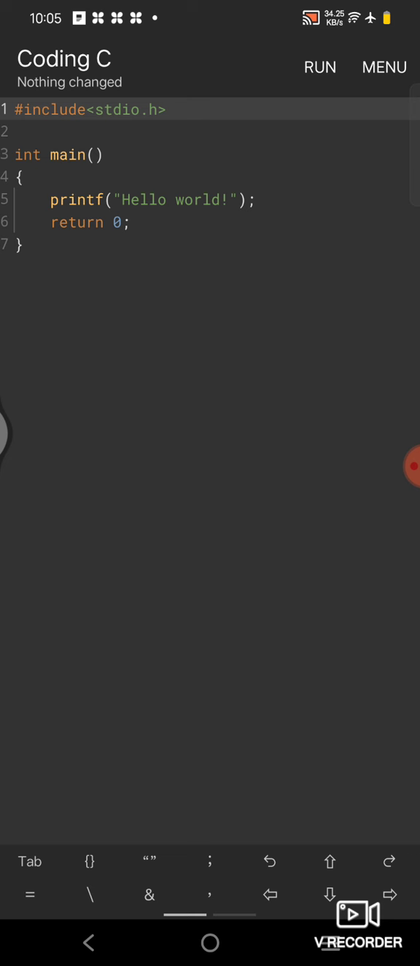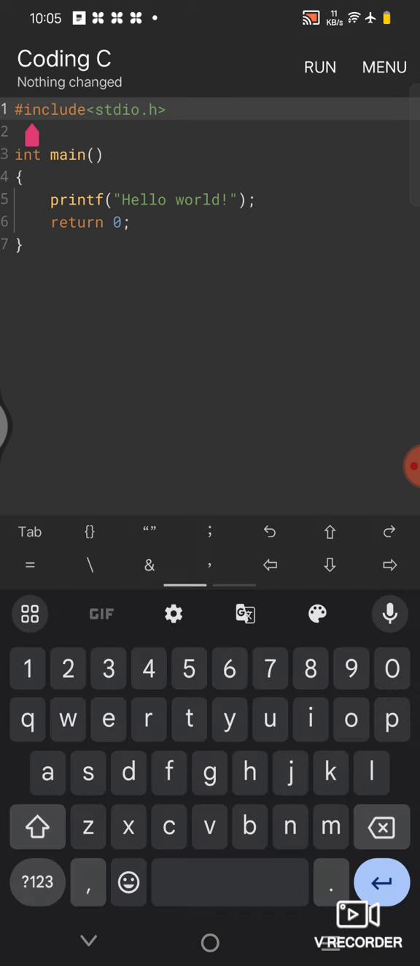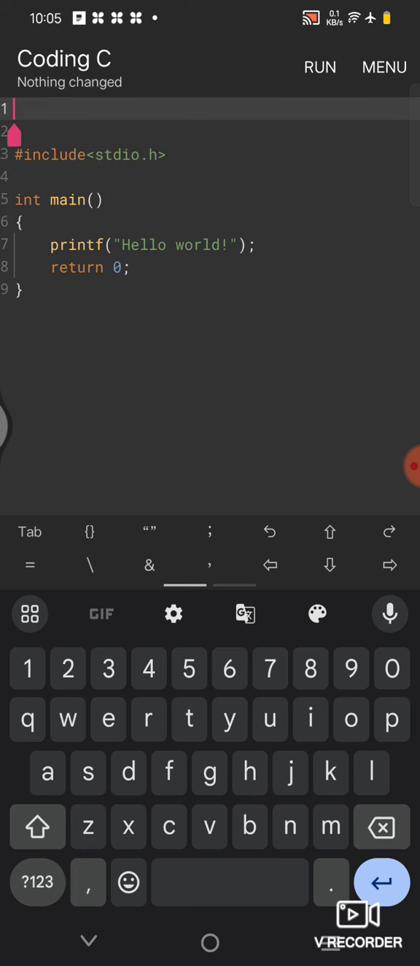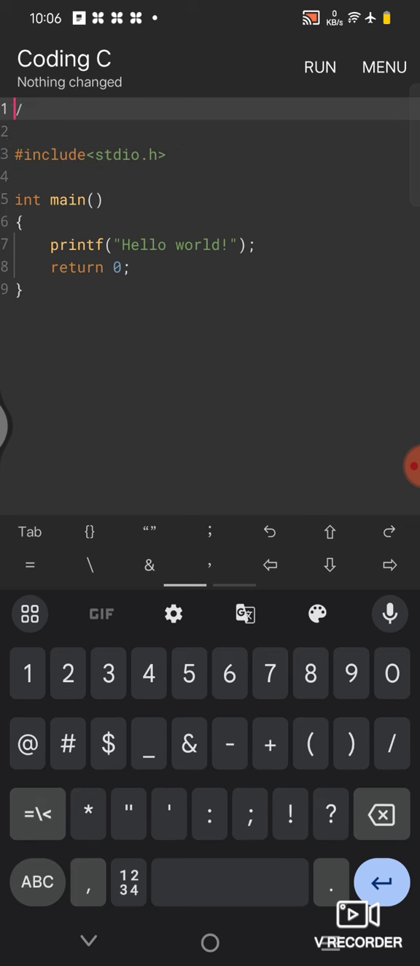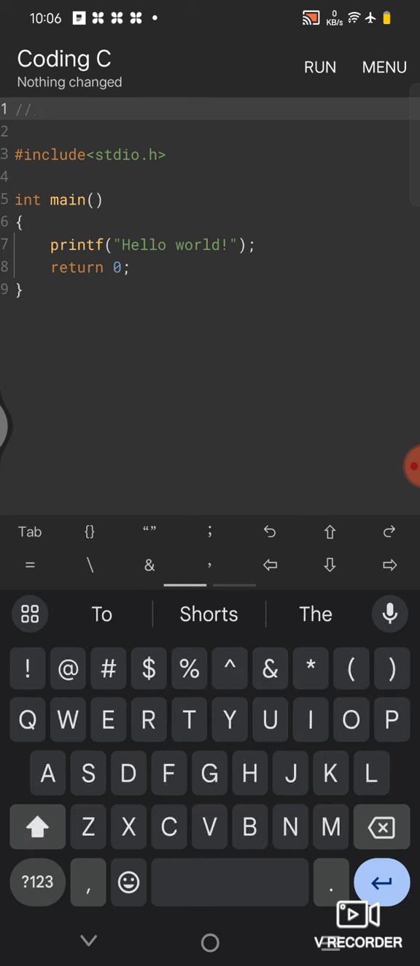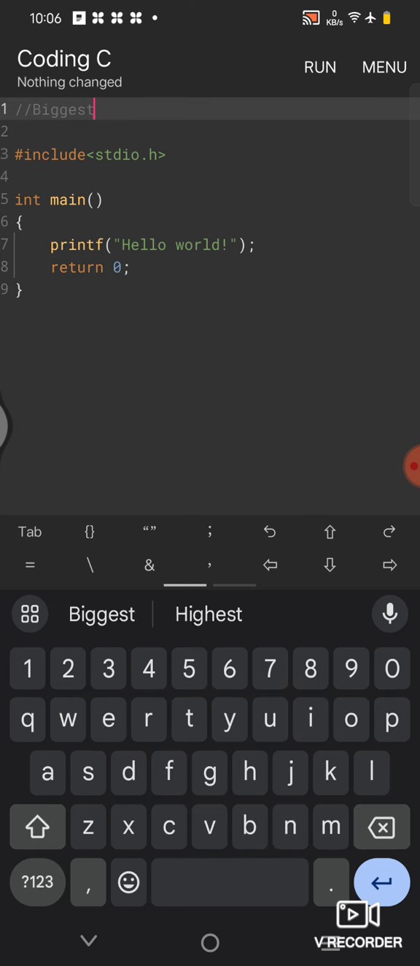For practicing any programs with this app, you can use Hello World. For example, I want to write the code for the biggest of two numbers. For your convenience, you can write "biggest of two numbers" in the documentation section. Now, for